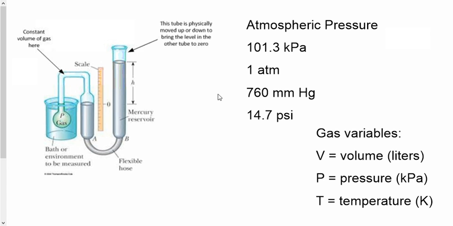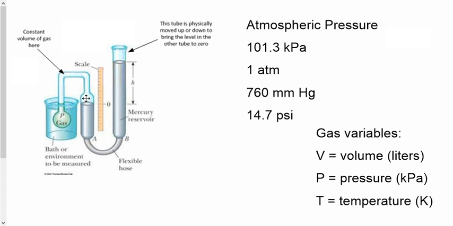So what's this millimeters of mercury all about? Well, if we look at this apparatus here, it is known as a gas thermometer. What we have is a gas inside of a constant volume container here, and we can change the temperature of the gas because it's in water. We can heat the water up or cool it down. And what that does is the molecules escape, come out here and put